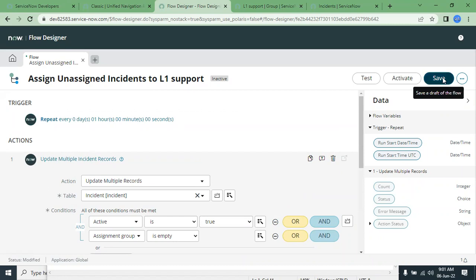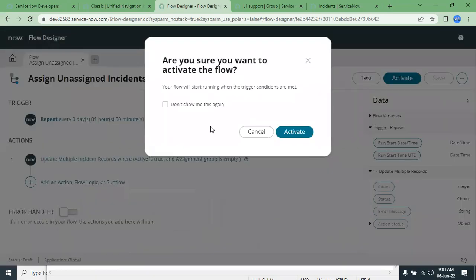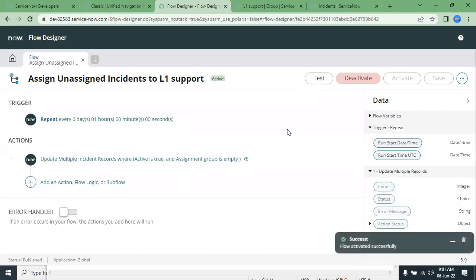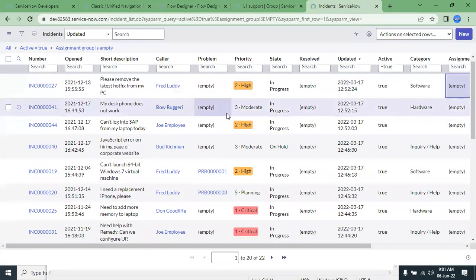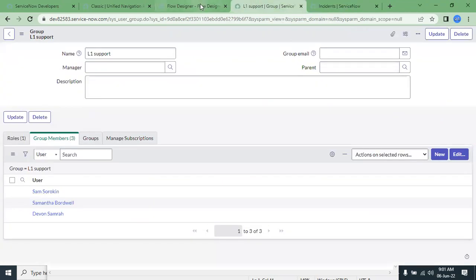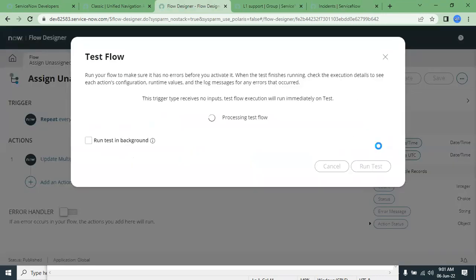Okay. So if I save it and activate, it will run. So for the first time, I want to check whether it's running properly or not. So we have 22 records whose assignment group is empty. So if I just give test here, this particular action will run. Okay. So if I just run this test,